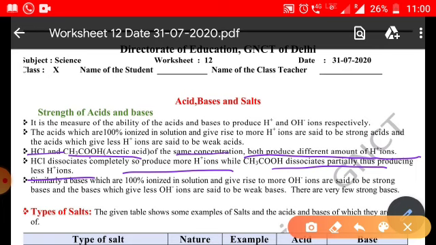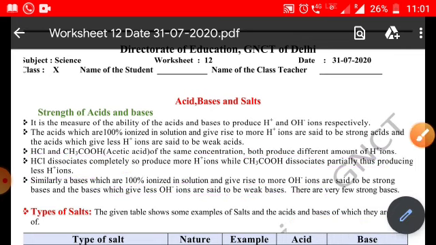Similarly, bases which are 100% ionized in solution give more hydroxide ions. This is called a strong base, like sodium hydroxide, potassium hydroxide. The bases which give fewer hydroxide ions are called weak bases, like ammonium hydroxide. There are very few strong bases, like sodium hydroxide, potassium hydroxide,